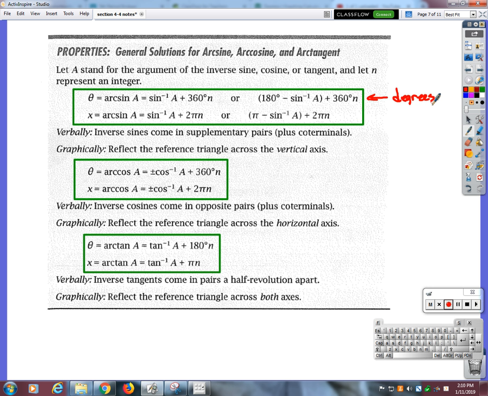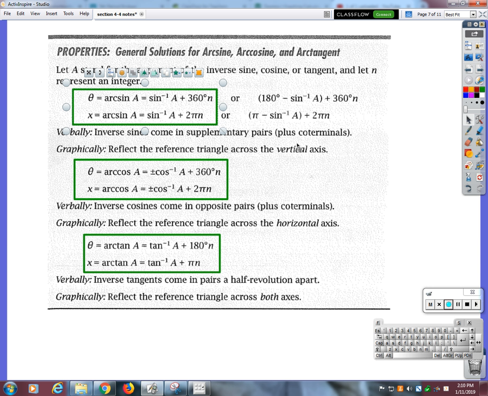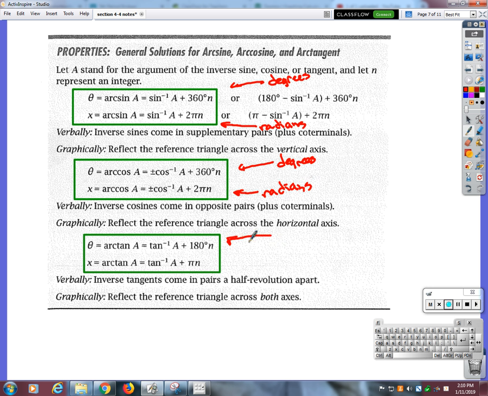Oh, wait. I don't want you to do part of this, because it's an unnecessary mess. Okay, so this is if you're in degrees, and this is if you are in radians. Okay? Again, this is degrees, and this is radians, because 360 is the same as 2 pi. Yes, plus 360 degrees and